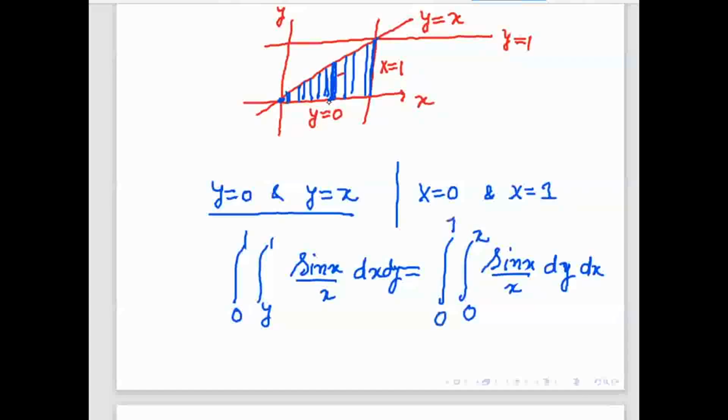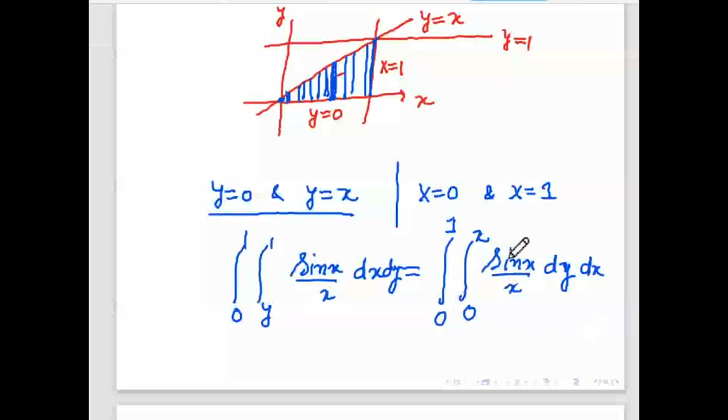So both are equal. Like that, with the help of this region, we are able to change the order of integration. If it is x, then we have to take the y strip in order to get the limit of y first and then the limit of x from this picture only. So if the question is change the order of integration, then up to this you have to do, and if you evaluate, you will get the same answer.